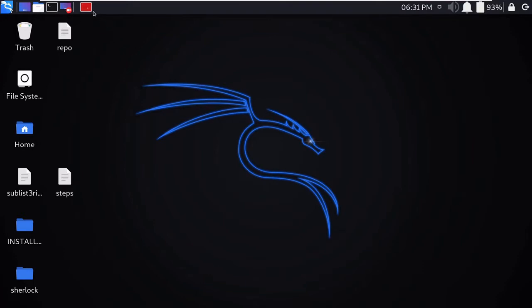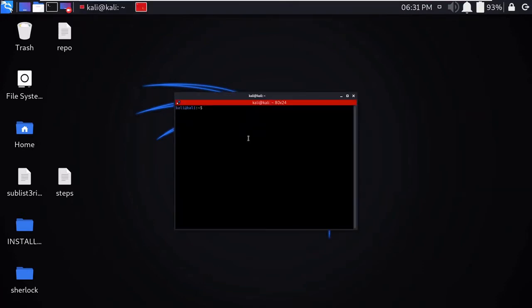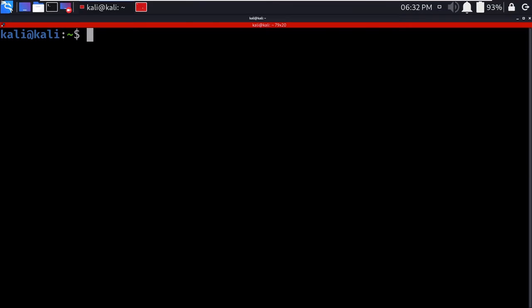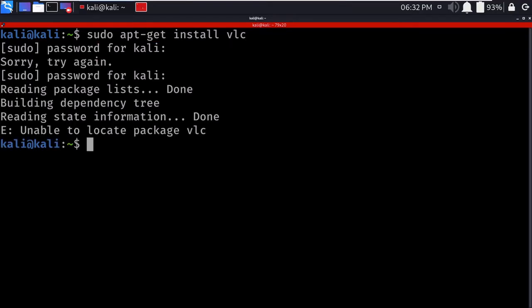Firstly, we will identify this problem, meaning what the problem looks like. The problem occurs due to unstable repositories in the sources file of apt. You must be seeing this problem when running sudo apt-get. You face this problem, "unable to locate package." I am trying to install a media player, that is VLC media player. I have entered my password and suddenly when I press enter, I get 2-3 lines and lastly there is an error which is "unable to locate package vlc."